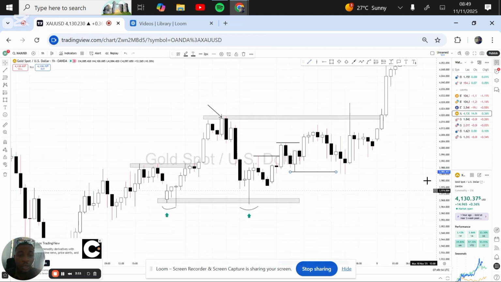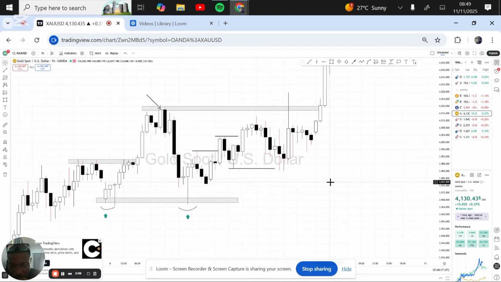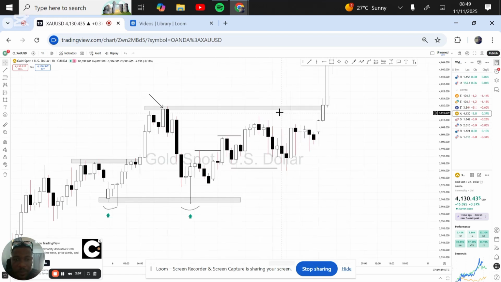Before the market got to this high, the market actually gave me something that made me believe there is a tendency that this market will buy. Remember, this is probability. I am paying attention to what is going on in the chart. First of all, you need to be present enough, aware enough, to observe the market and know that yes, this is what this market is doing. You have to see it for what it is.